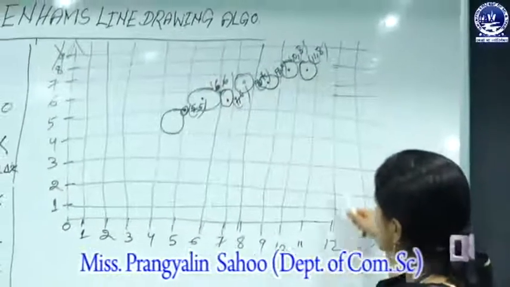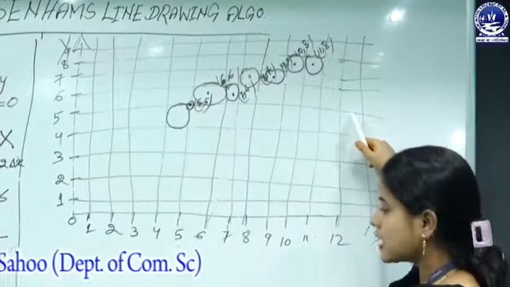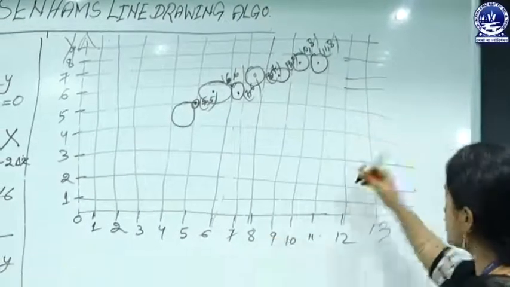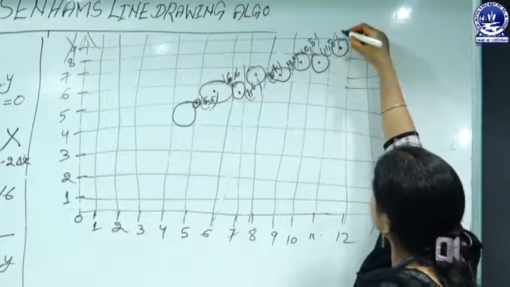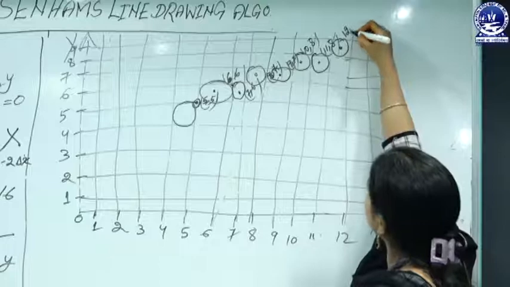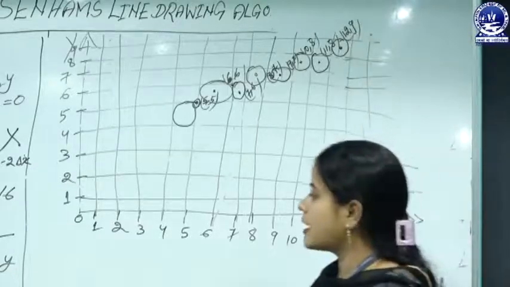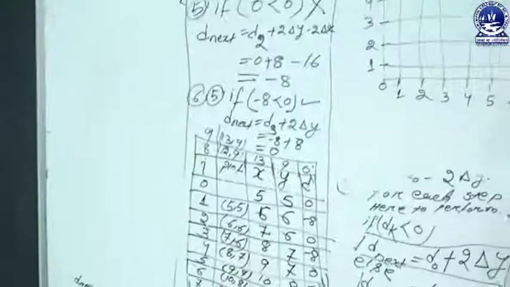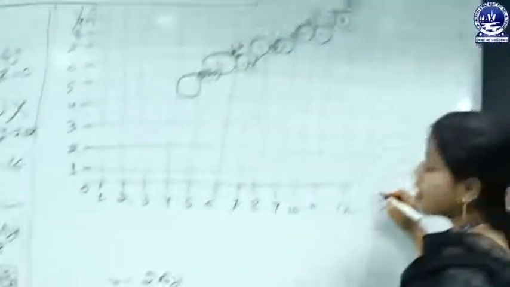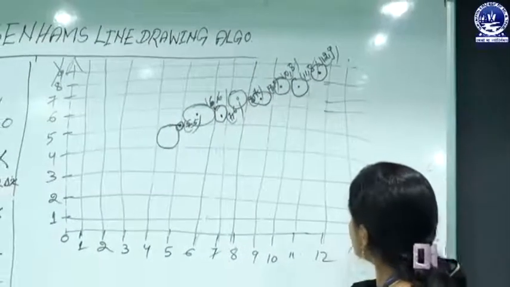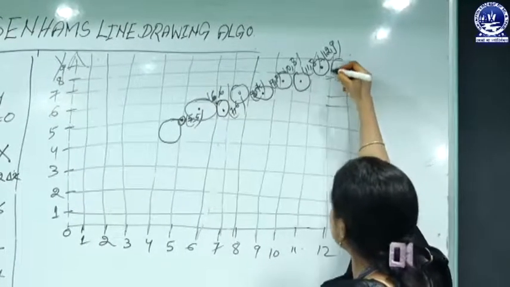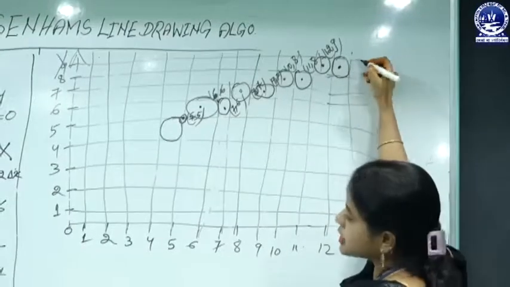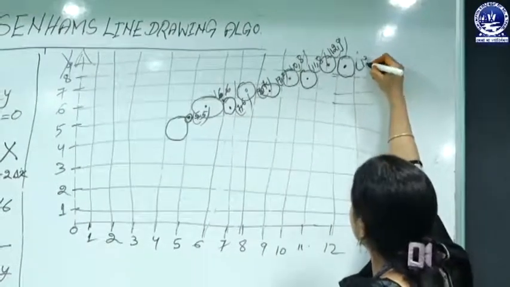After that, now plot the next coordinate point, that's (12, 9). That means the x value is 12 and the y element contains the value 9. That means this cell represents the next pixel point for plotting the graphical elements, (12, 9). Now draw the last coordinate point, that's (13, 9). That means x is 13 and the y coordinate contains the value 9. So this cell provides the next pixel, (13, 9).